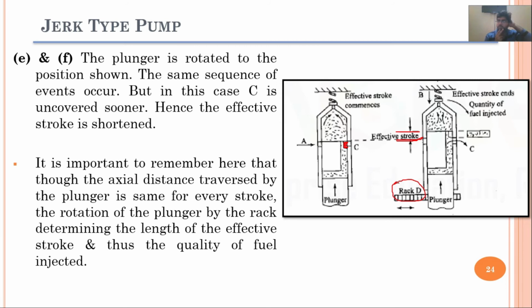So I hope we have a better understanding regarding the fuel feed pumps and the jerk type pumps as well. So I hope you guys have understood so far. Then now moving